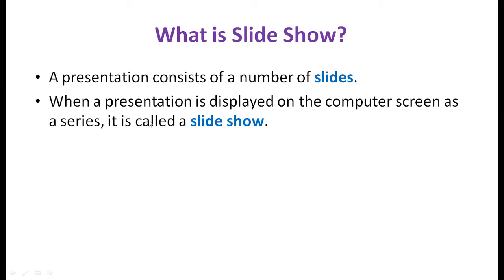When we move these slides one by one, the continuation of slides that come in front of you is called slideshow. The display on the computer screen of slides in a series is called slideshow. Let's move ahead.